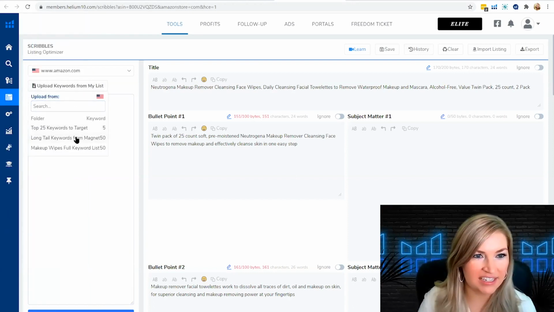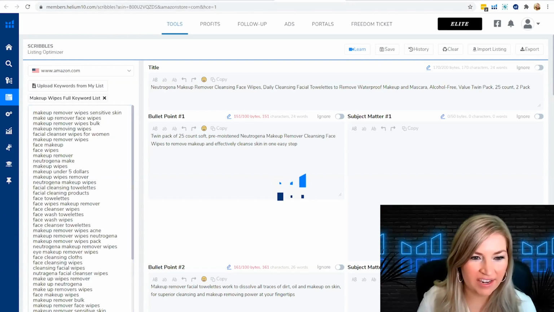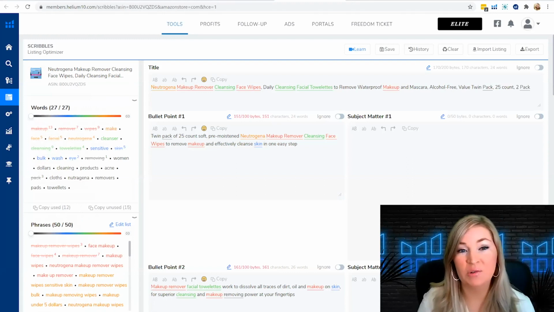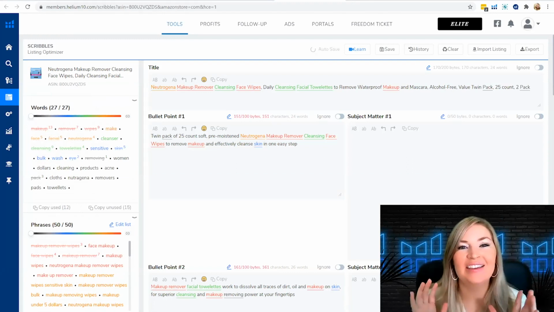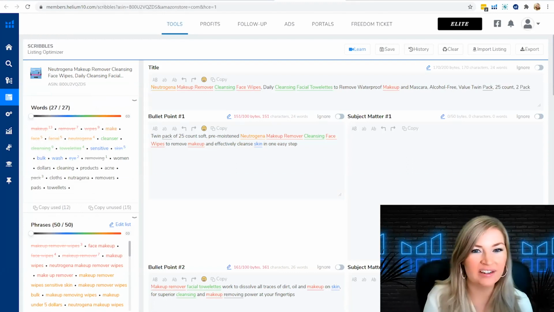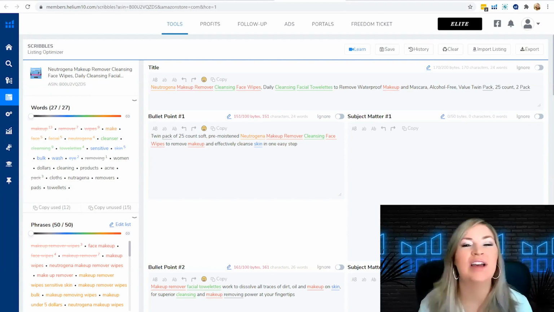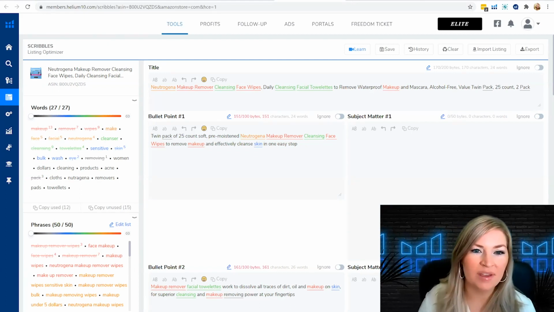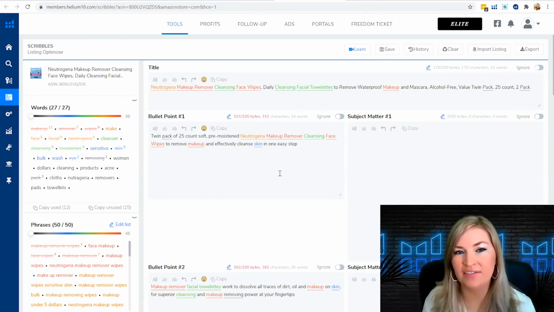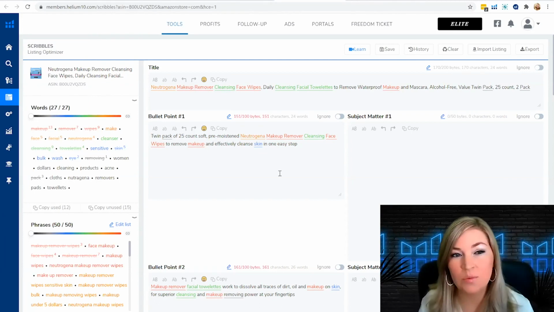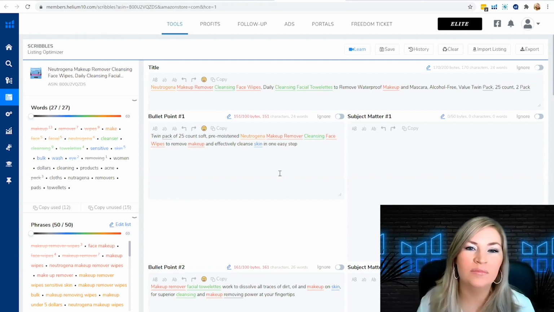I'll get into how I'm doing this in just a minute, but I can put in my phrases right here, and then I can see where they show up. I love this user interface to be able to see where the keywords are showing up. And then it gives me an idea, as I create my own listing similar to this, I want to make sure I'm following a similar pattern of how many times they're using a word, and maybe where they're putting it.